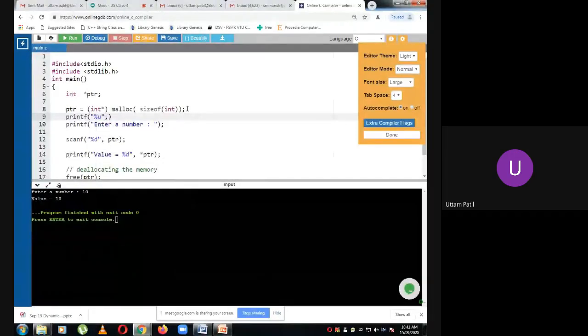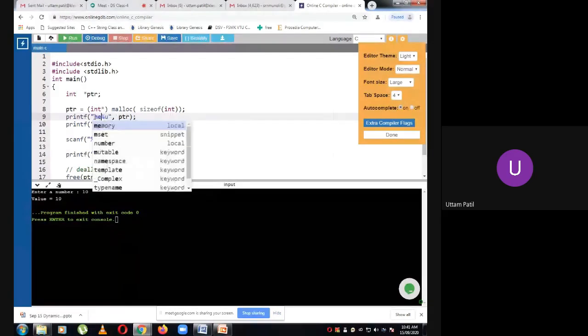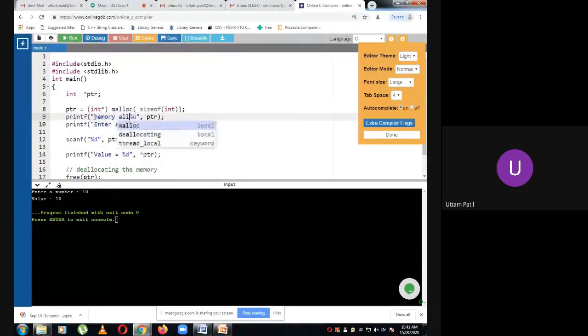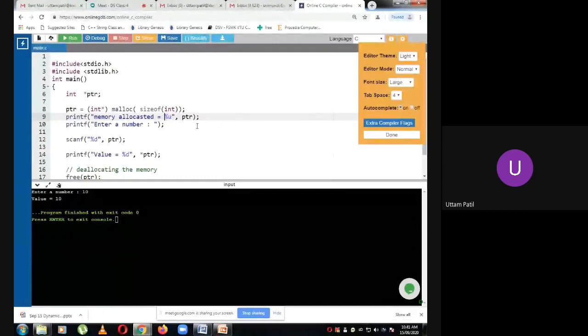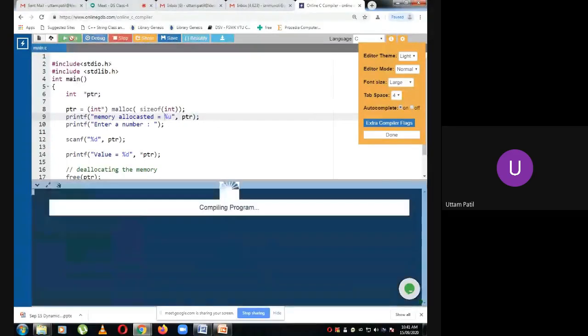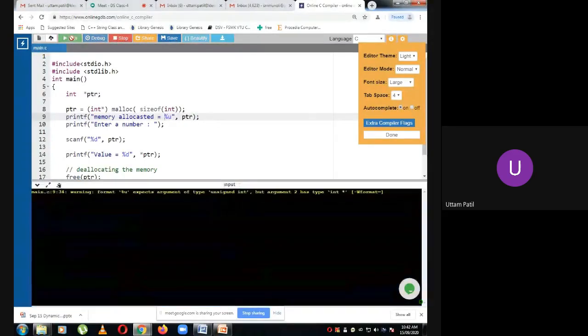So we will write PTR. I'm trying to print the memory allocated. So it will show memory allocated as this address. Here memory allocated is some number, 3393 something.